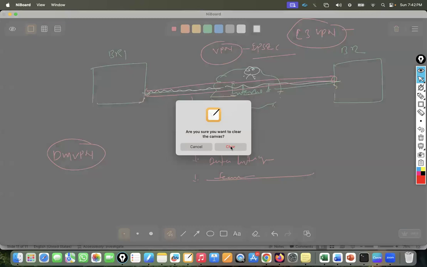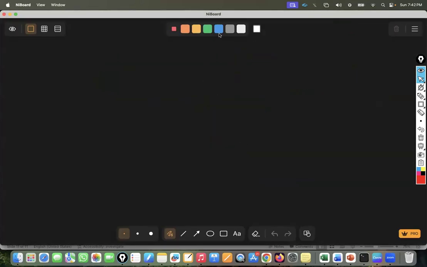So if I talk about DMVPN, before I talk about DMVPN, let's understand how the design is going to happen for the IPsec VPN. If you're going to make the design, then how is it going to happen? Let's suppose you have the branch, this is branch 1 and this is branch 2,